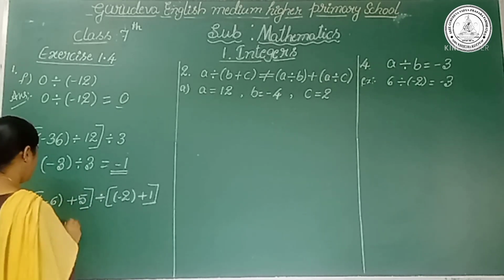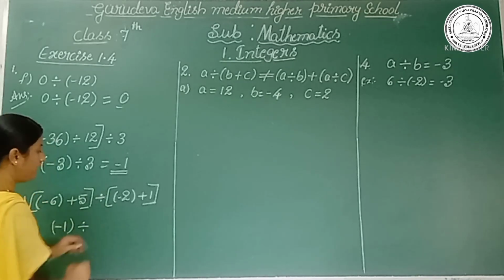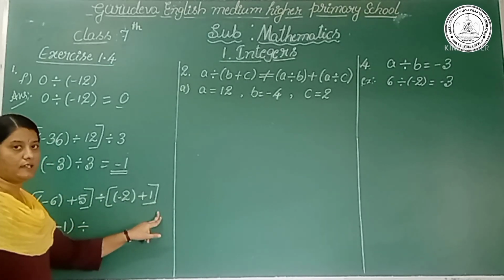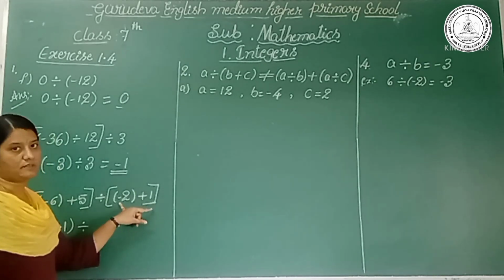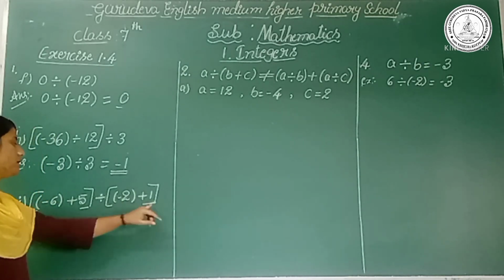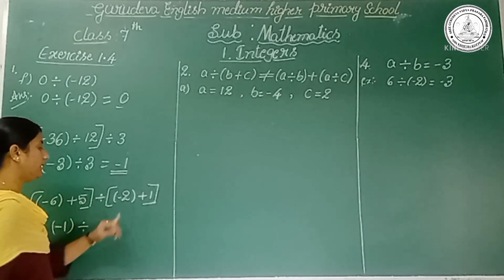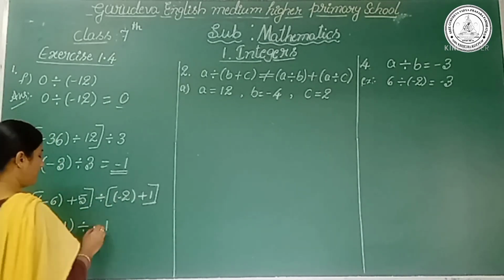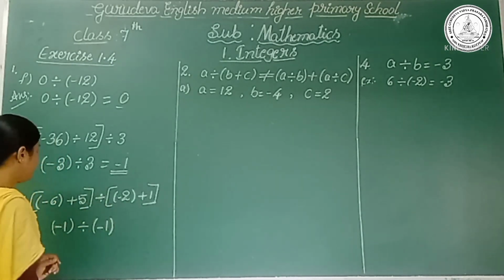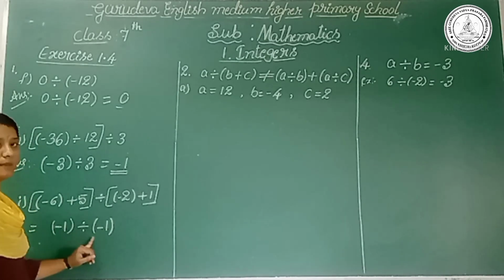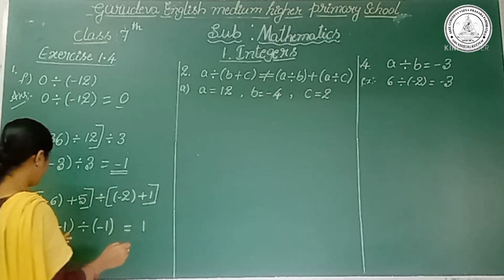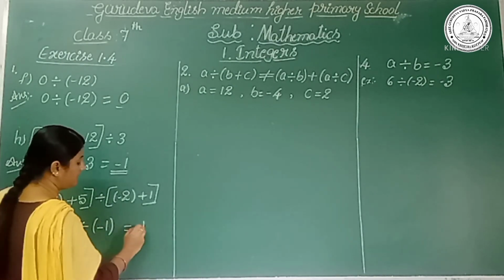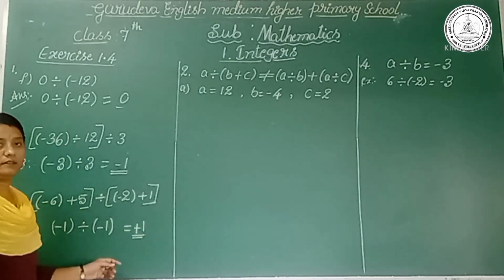Okay. Then keep the bracket and divide it by minus 2 plus 1. Here also you may see 2 has a minus sign, 1 has a plus sign, which means different signs. So subtract here. 2 minus 1 is 1, and your greater number is 2. It has a sign minus. Then divide here: minus 1 divided by minus 1 is equal to, 1 1 is 1, so minus divided by minus is plus 1.